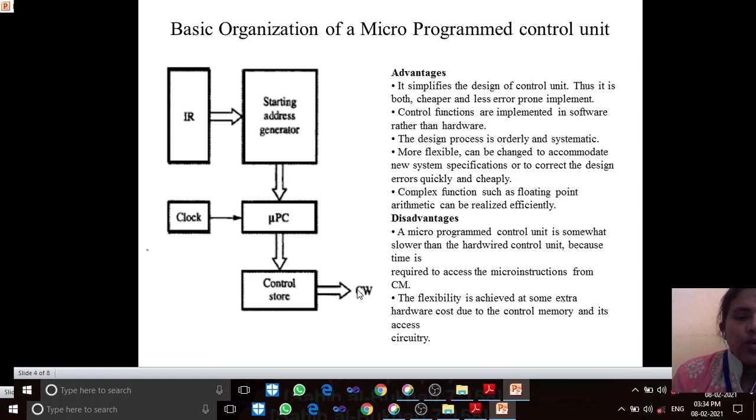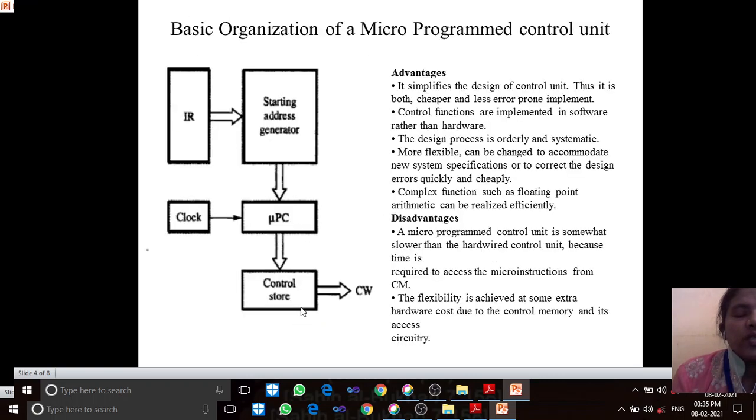A sequence of control words corresponding to the control sequence of a machine instruction constitutes a micro routine. The micro routines for all instructions in the instruction set of a computer are stored in a control store, a special memory where it is able to store all the control words. The control unit generates control signals for any instruction by sequentially reading control words. It will sequentially read the control words and generate the control signals corresponding to the micro routine from the control store.